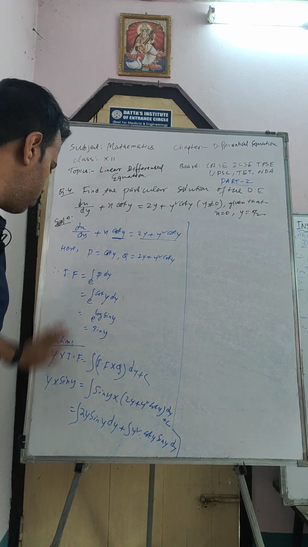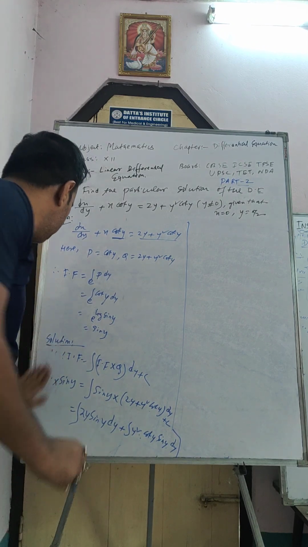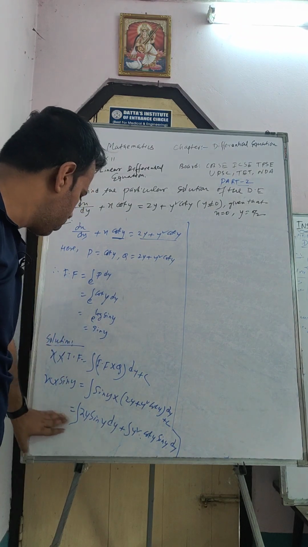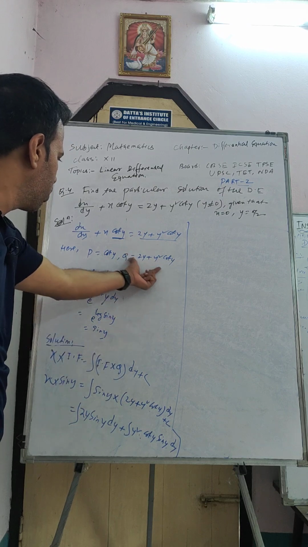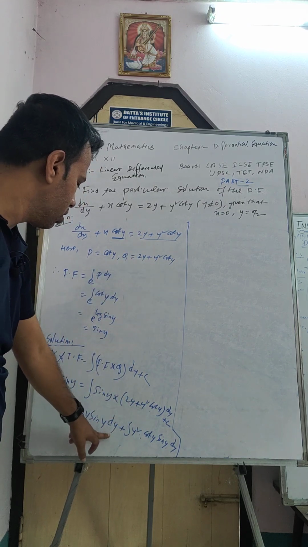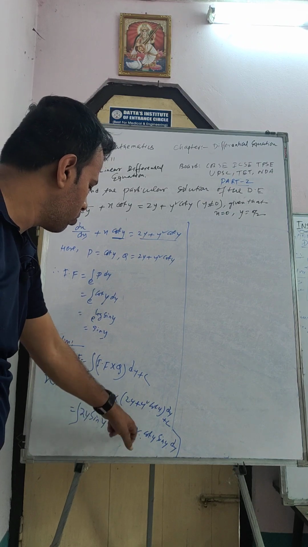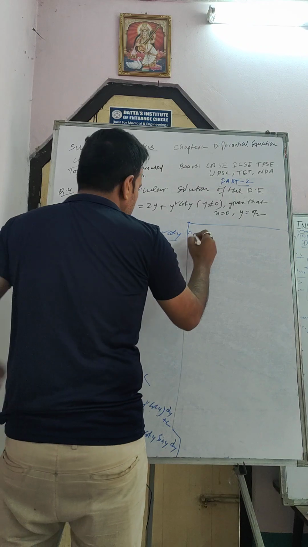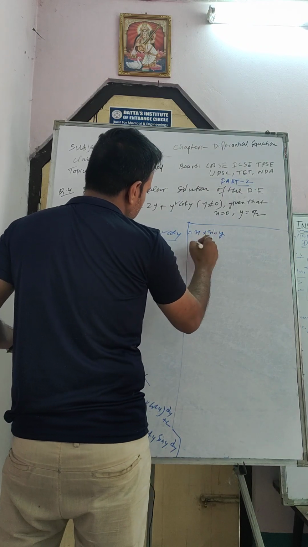I put the value of IF here, so it will be x into IF into Q. IF is sin y, Q is 2y plus y square cot y. So I multiply this sin y: integration of 2y sin y dy plus integration of y square cot y sin y dy. Okay, fine. Now therefore x into sin y is equal to